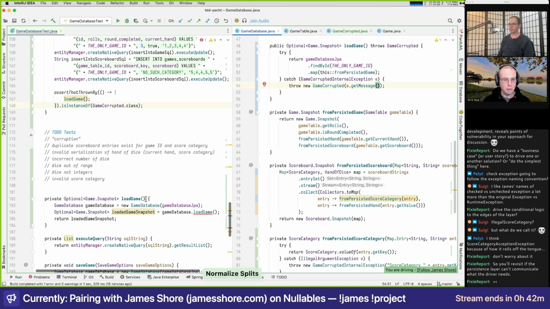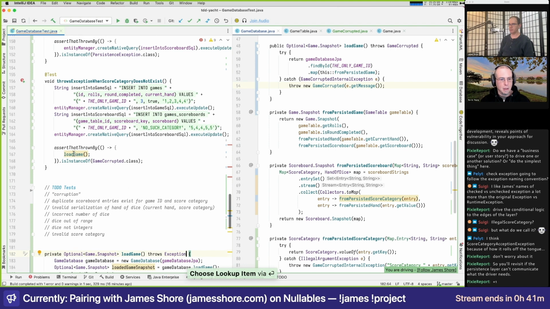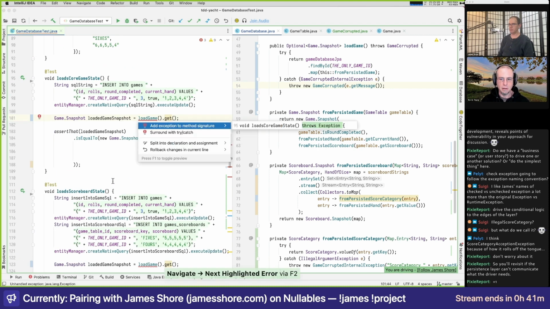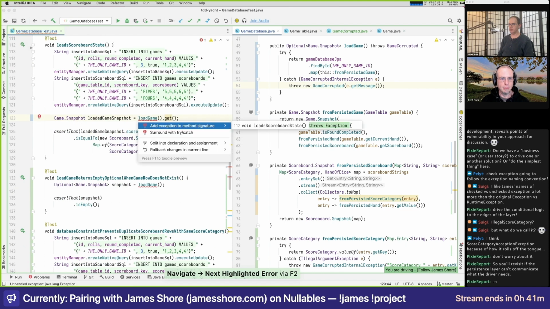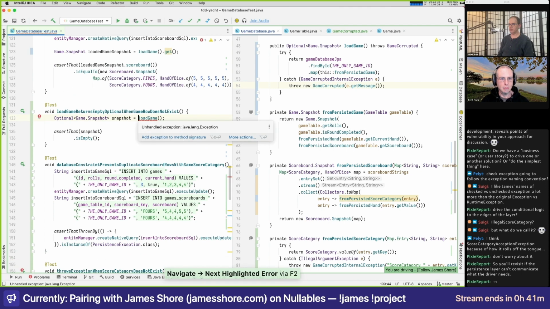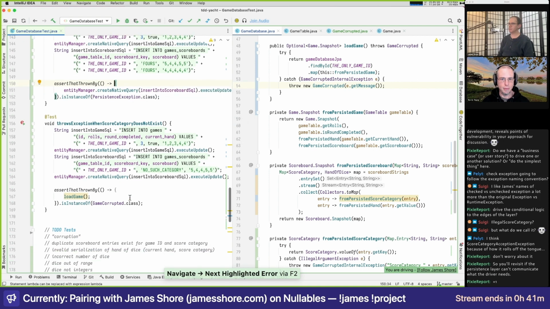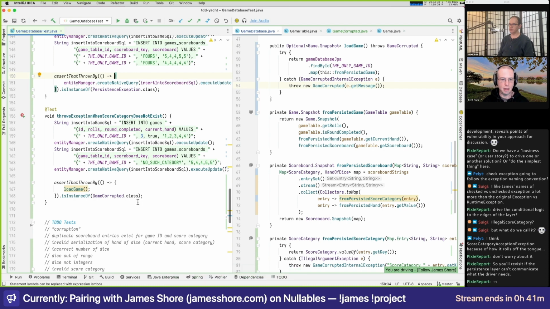Now we need to propagate that exception here. I'm going to just say throws exception. And what else is wrong? Oh, right, now all our tests need to. Okay. Now we're good. And yes, now that should pass. Yep.